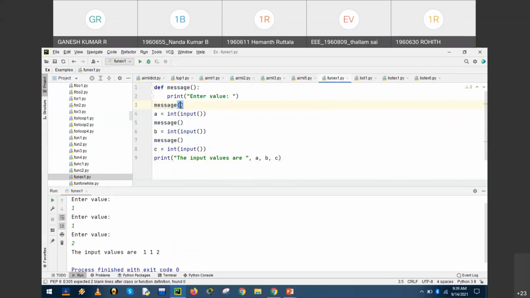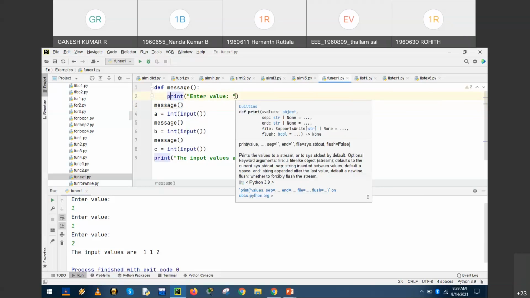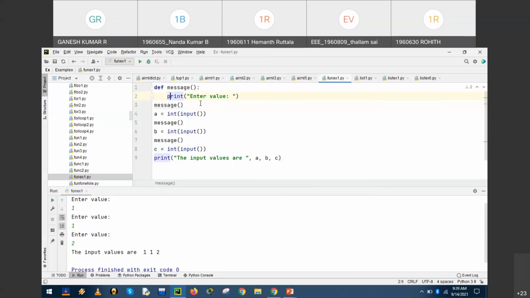It is invoking function, invoke. As soon as the statement is encountered, Python remembers the place where it happened and jumps to the invoked function, which means the body of the function is executed. Enter a value. This value is assigned to the variable a.